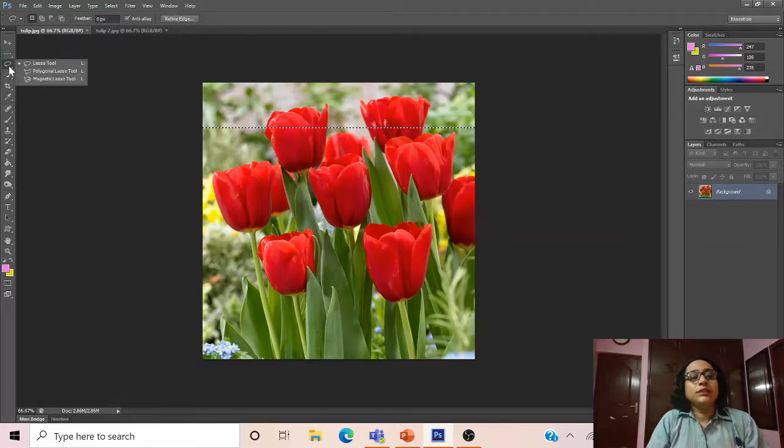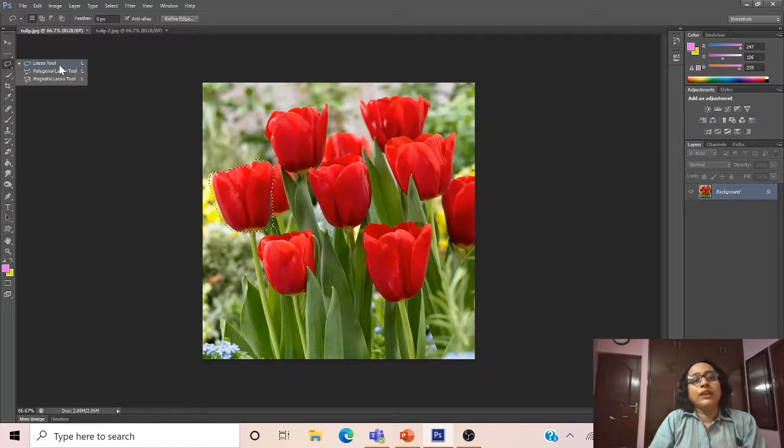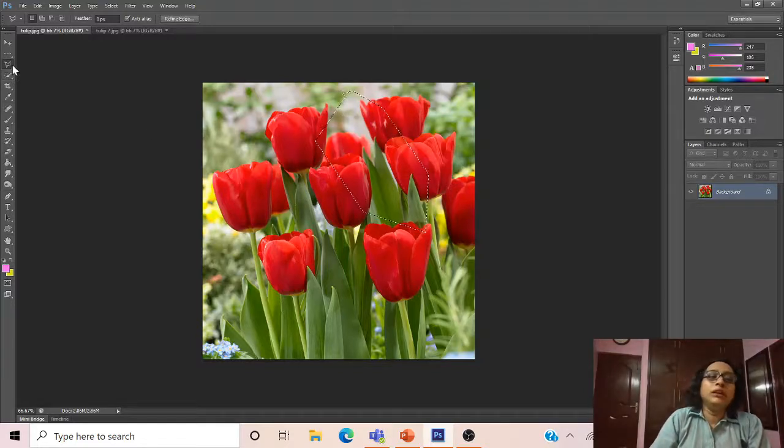So next is the lasso tool. Lasso tool is giving me a free hand selection. As you know, the word lasso means you have to put the selection points around this irregular shape and it goes on, and then you can make a selection and you will end where you have started. Like that, under lasso tool we have a lasso tool, then polygon. So if you want to make a selection in a polygonal fashion, you will do that selection in a polygon lasso tool, and definitely you will end the selection where you have started, or by double click.